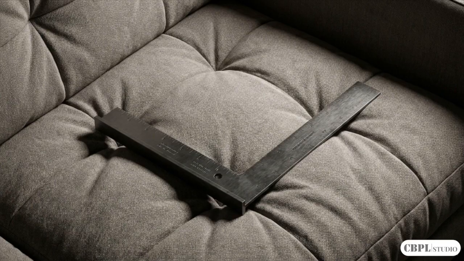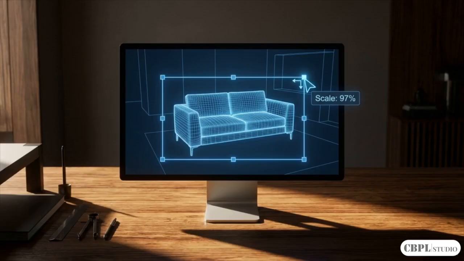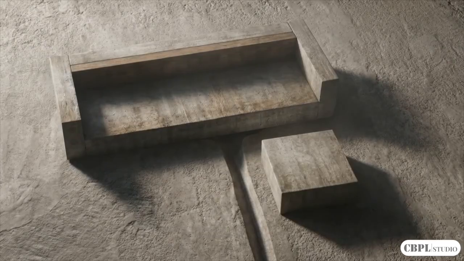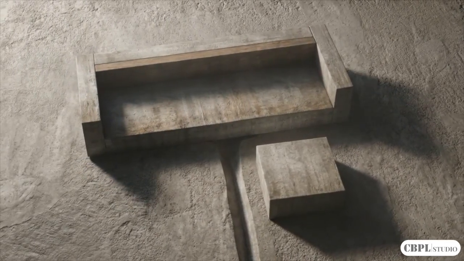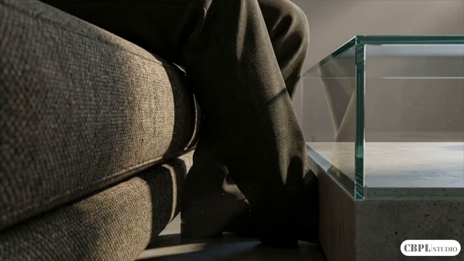Then there is the physical scale of the furniture. In software, you can subtly scale a sofa down by 3% to make the room look beautifully spacious. But order a physical sofa that is just a few inches deeper than the initial plan, and the entire flow of the room tightens. The passage between the couch and the coffee table shrinks, creating a frustrating bottleneck every time